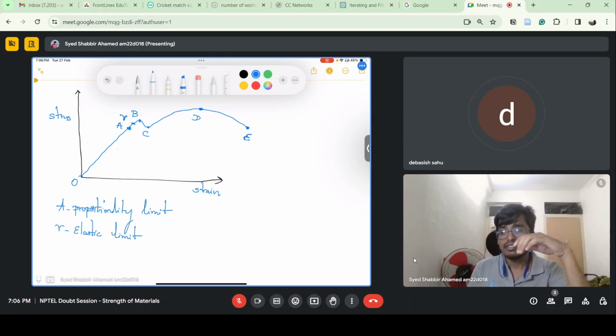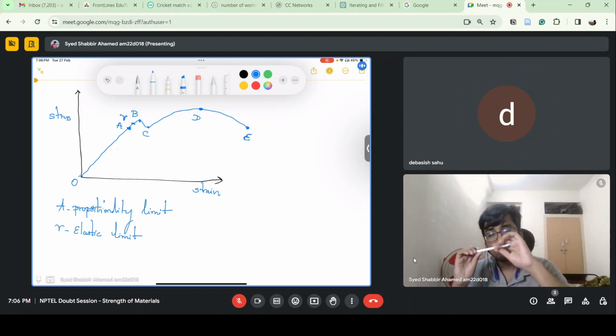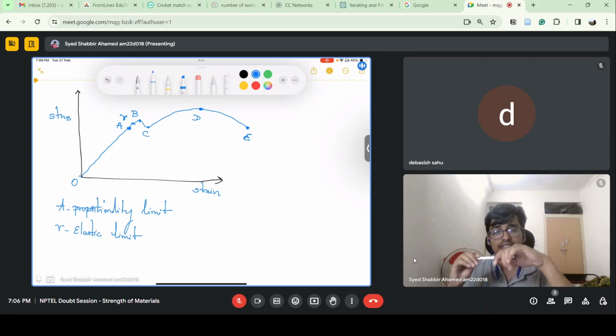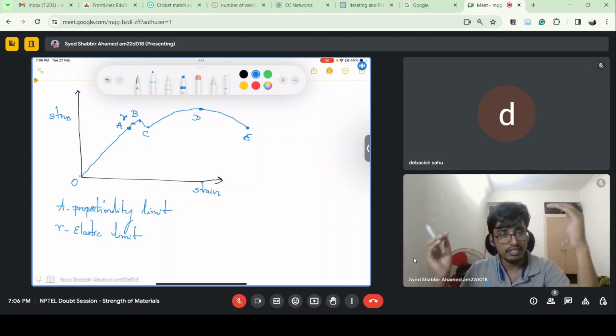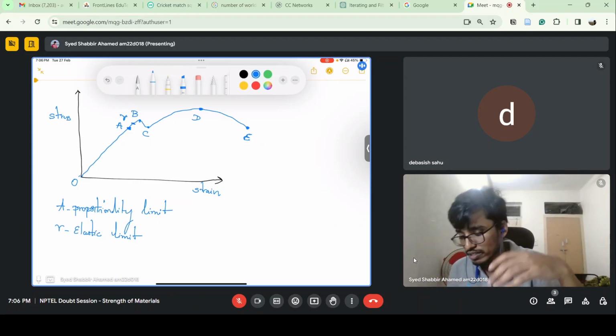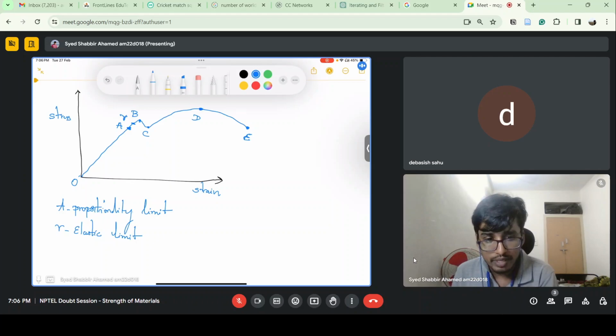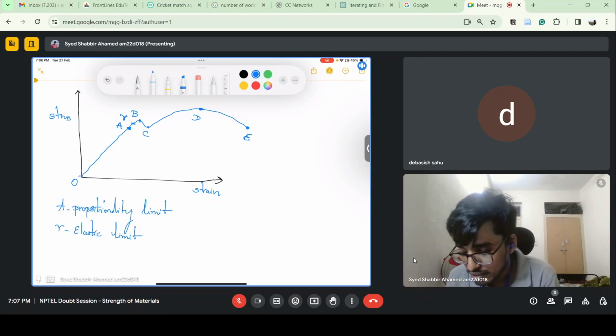So elastic limit: if you have a body and you apply a strain or a deformation, and it comes back totally to its original condition without any residual deformation, like a rubber band that you can elongate and it comes back to its original shape. Up to this point, this phenomenon happens. There will be no residual deformation. But after this elastic limit point, there will be a point B, which is called the yield point. Here in mild steel, we can see